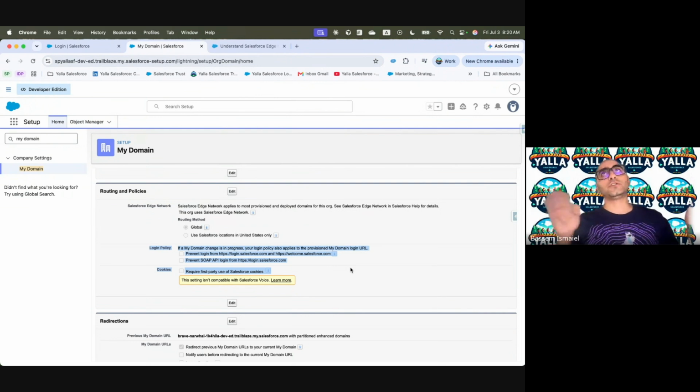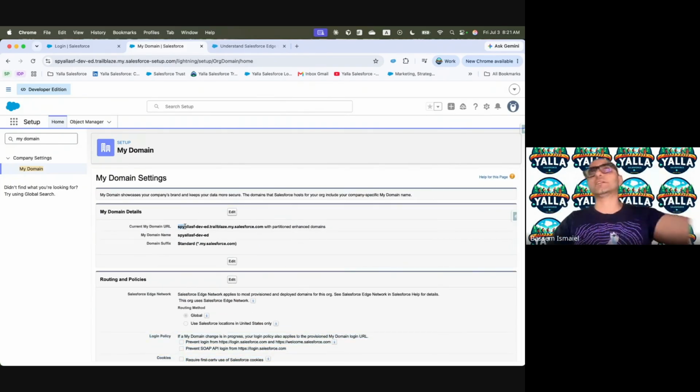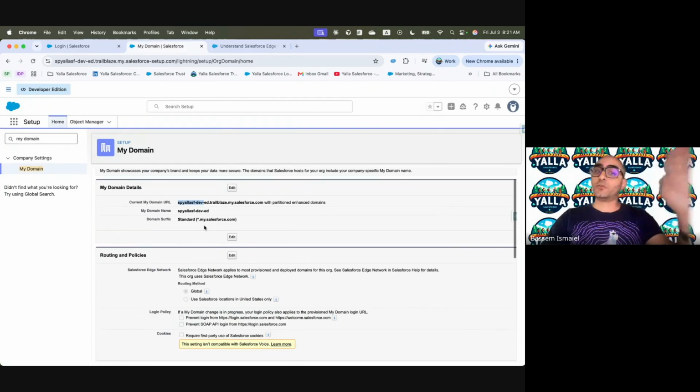If you are in a sandbox, you go to test.salesforce.com. And you can say, no, once I enabled that, I don't want to allow people to go to this generic URL. I want people to go to my Salesforce service provider, Yalla Salesforce. So if you want to prevent people going to that generic URL, this checkbox is for you.